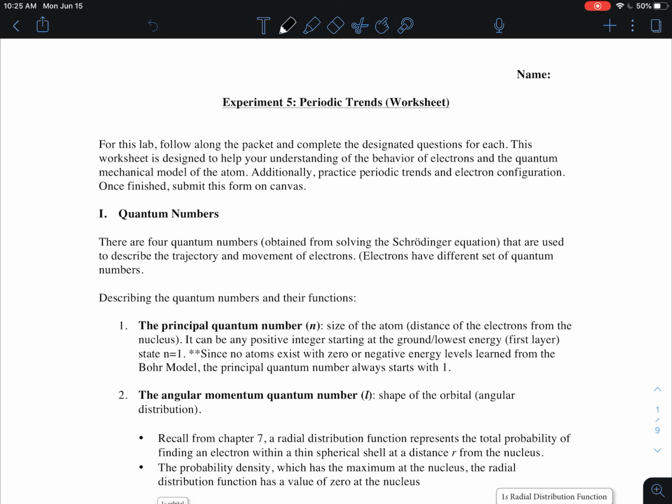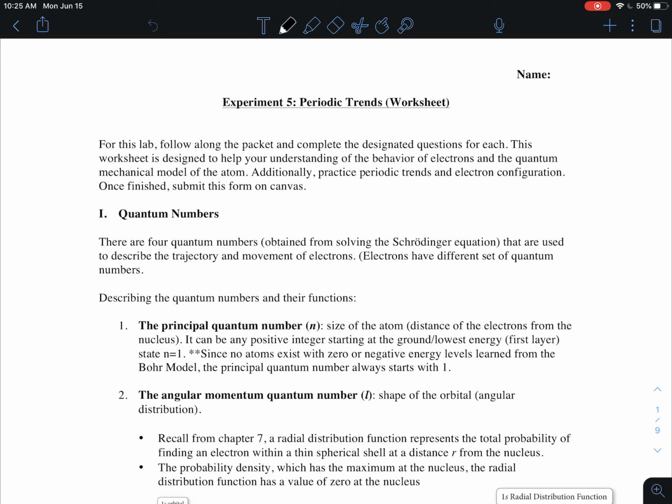Again, still lab category, so write in blue or black ink very, very neatly, you write your name, submit to Canvas. So each section has to do with the periodic trends, electron configuration. We know that the Schrödinger equation helped us determine that there are orbitals where there is a high probability of finding